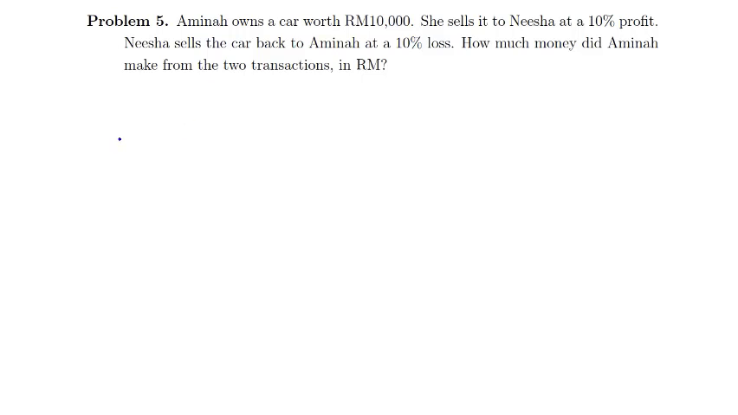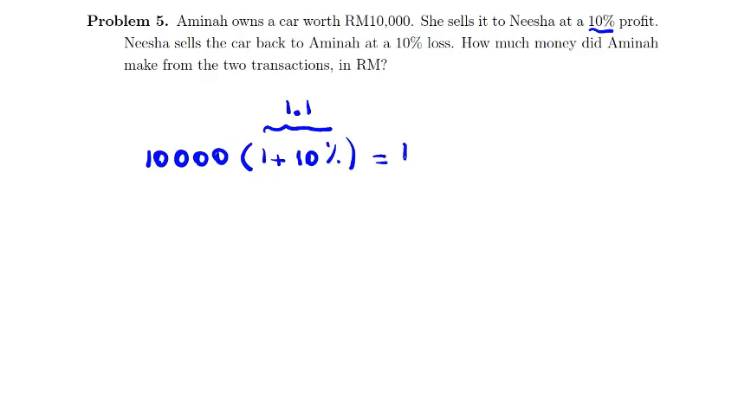So here you say at first 10,000, she sells it with 10% profit. So you say 10,000 times 1 plus 10% profit. Here it will be 1.1 and it will be 11,000 she sells. And then, okay, so the first time she gets 11,000,